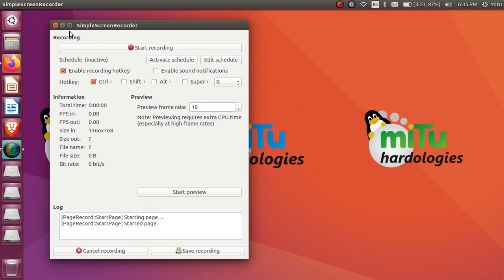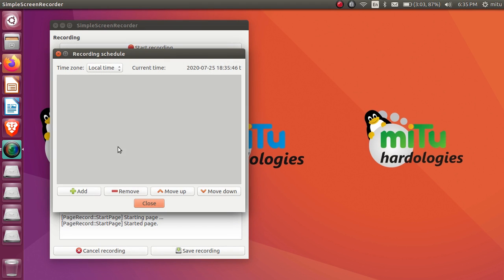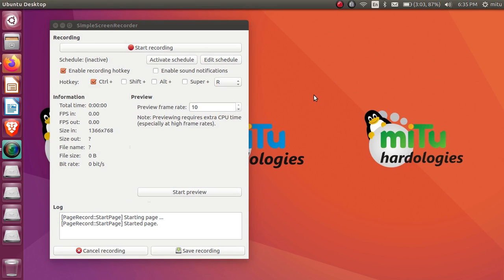Fine. So when you minimize that, you have to press Control R, and your recording will be started. But if I press Control R, my previous recording will be stopped and a new recording will start, because the same key is present over there also. Now one important option to use here is activate schedule or edit schedule. When you click on that, I can add recording schedules. At that time only the recording will be started, and automatically it will be stopped also, and the data will be saved. So screen recording is possible automatically in the background also. With the help of that, a schedule can be activated.